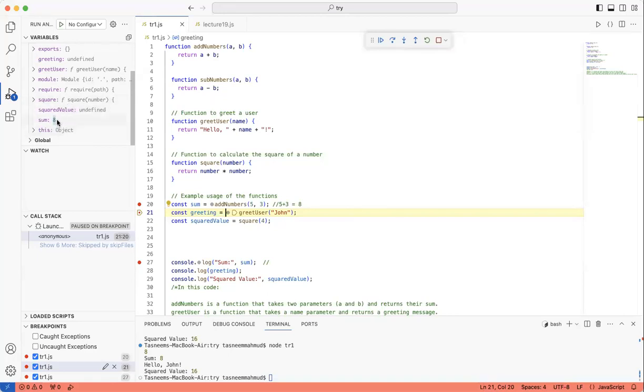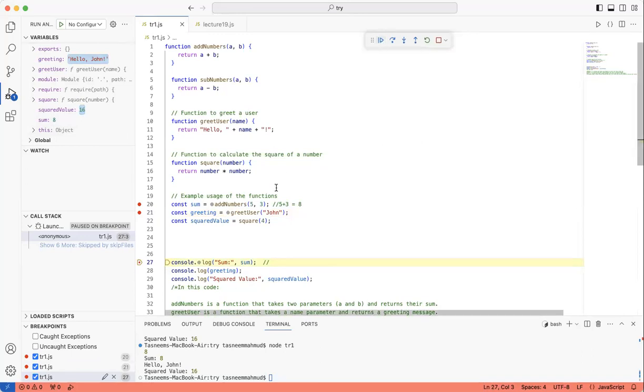So this is clear. We can see that the value of sum changed. Let's run it again and see if something else changes over here. Now when I run the next line, you can see the value of greeting, this variable, changed to hello, John. Does that make sense?